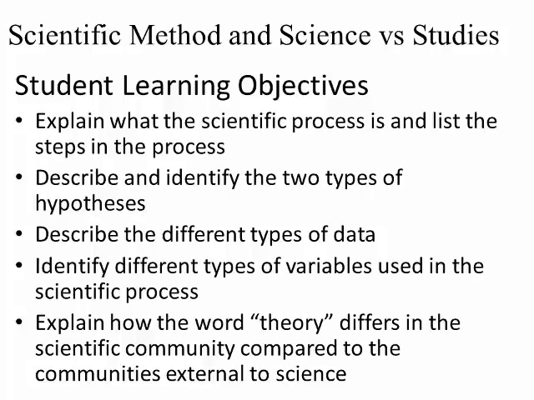The learning objectives of this lesson are: explain what the scientific process is and list the steps in the process, describe and identify the two types of hypotheses, describe the different types of data, identify different types of variables used in the scientific process, explain how the word theory differs in the scientific community compared to the communities external to